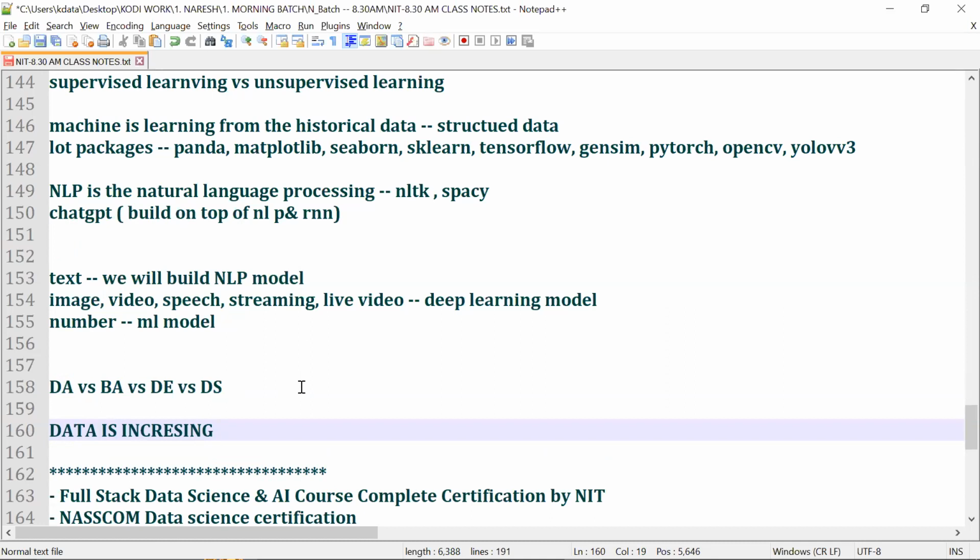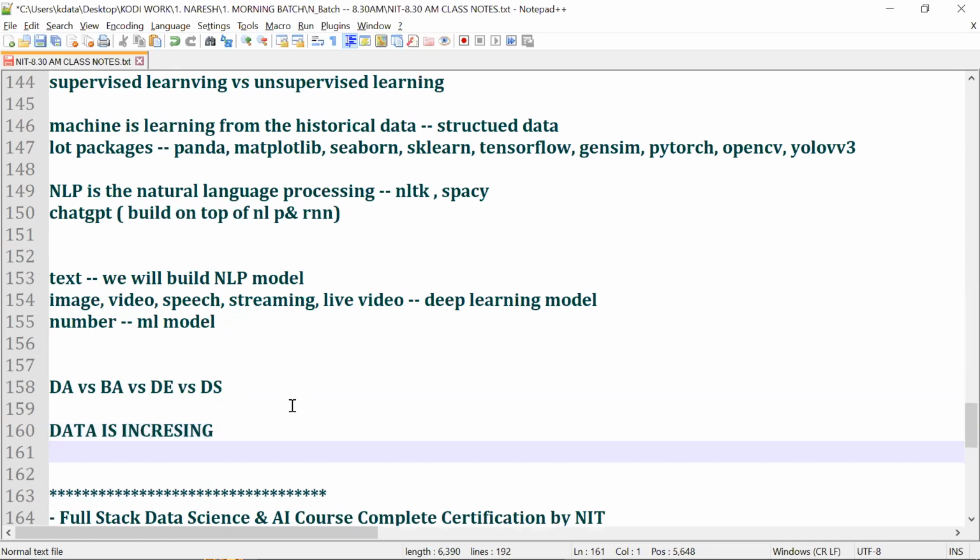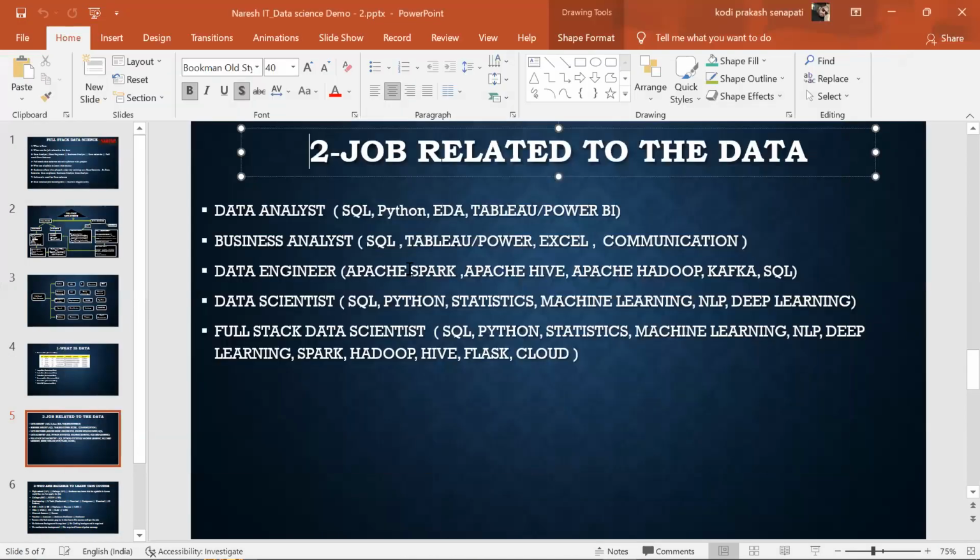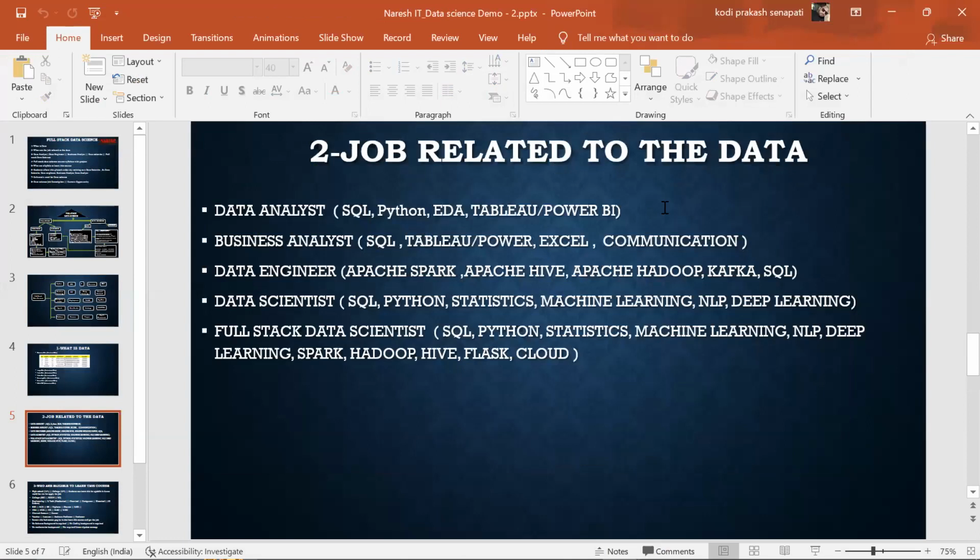Due to COVID, every college and school has an online platform, and a lot of students are addicted to it. When everybody uses GBs, the data increases, so more data engineers and data scientists are required. You need to learn SQL, Python, EDA, and Tableau to become a data analyst.